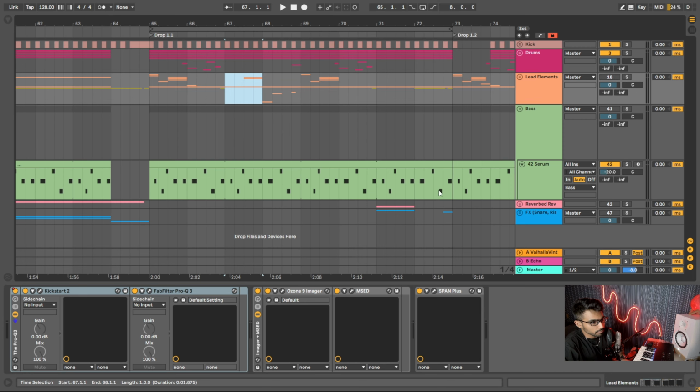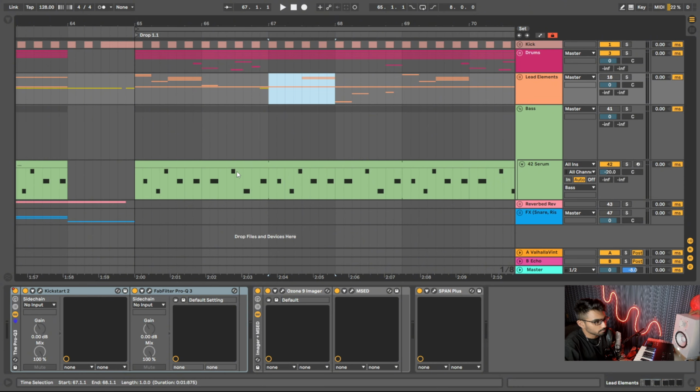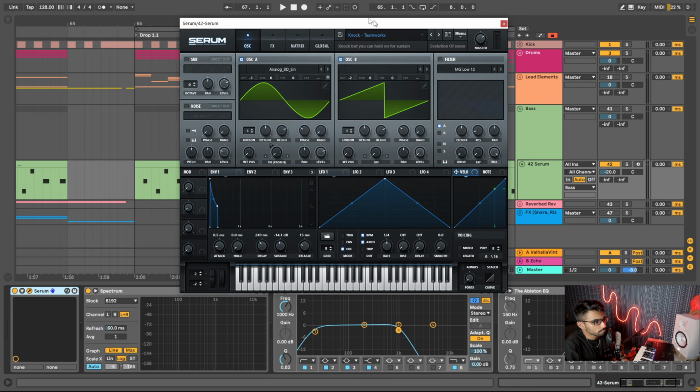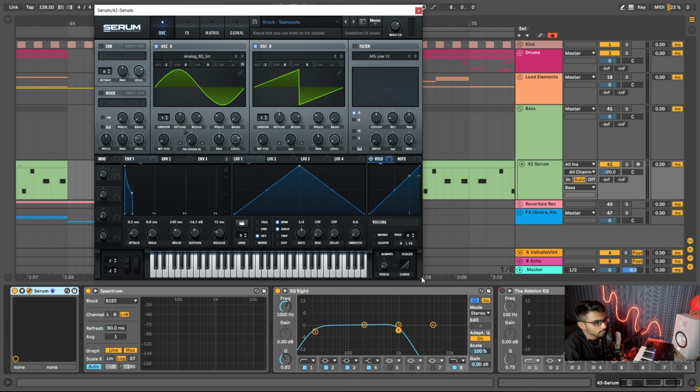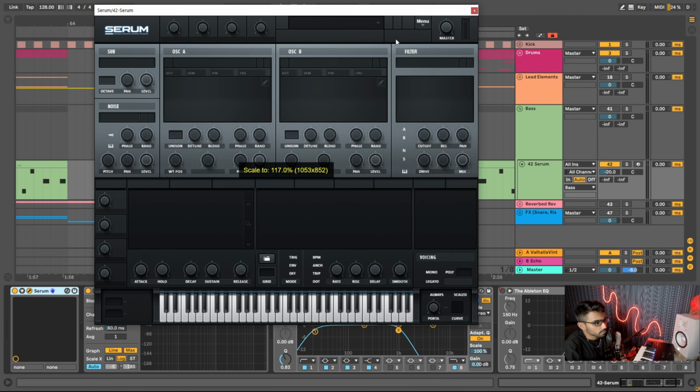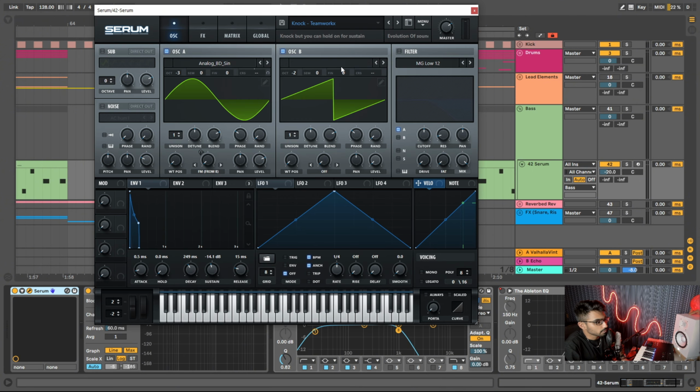Let's actually jump into the bass line, because I think those three elements right there, kick, bass, and drums, are pretty much the foundation of most house, tech house, bass house, EDM genre tracks, let's say. Yeah, this one, your usual Serum coming into effect here, and I went for the very trusted